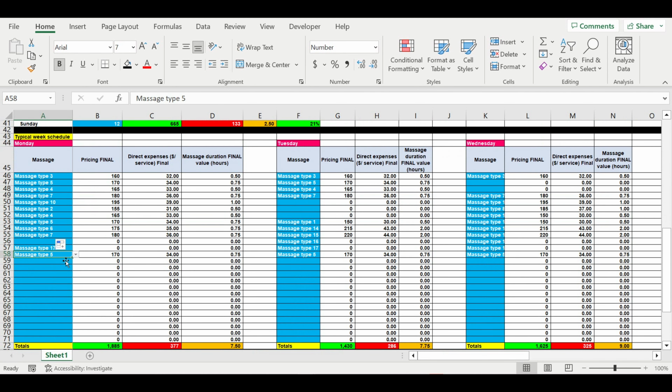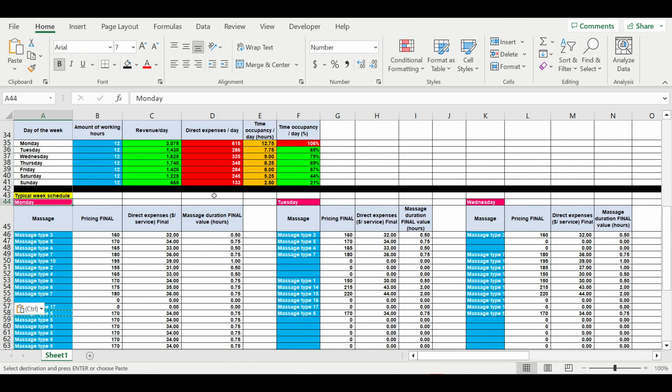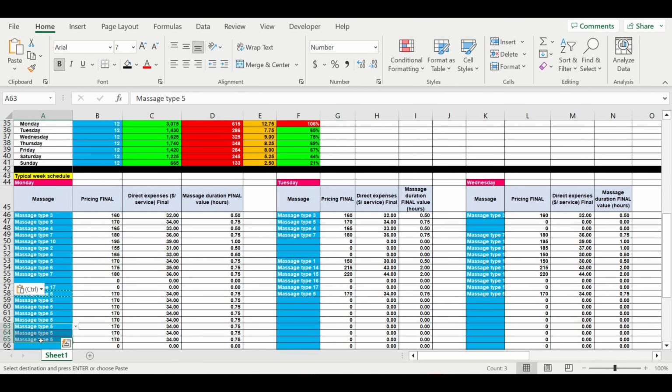You can add some services. You can see the daily revenue for Monday. You can see the time occupancy. You can see that we are giving more services than we have working hours. So we have to delete some